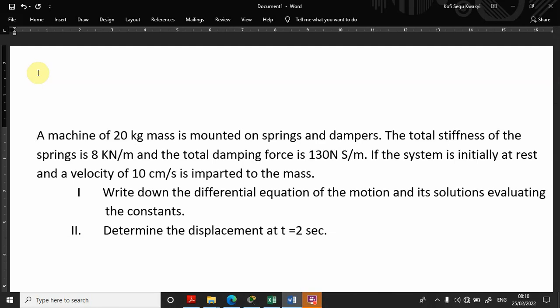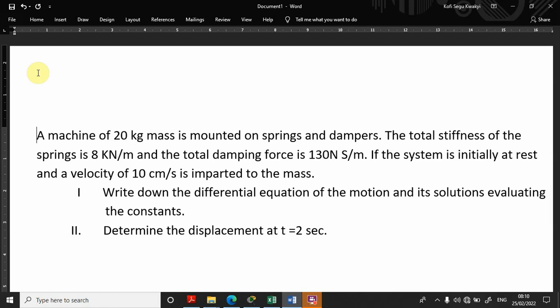Alright, we have this question before us to solve. A machine of 20 kilogram mass is mounted on a spring and dampers. The total stiffness of the springs is 80 kilonewton and the total damping force is 130 newton seconds per meter. If the system is initially at rest